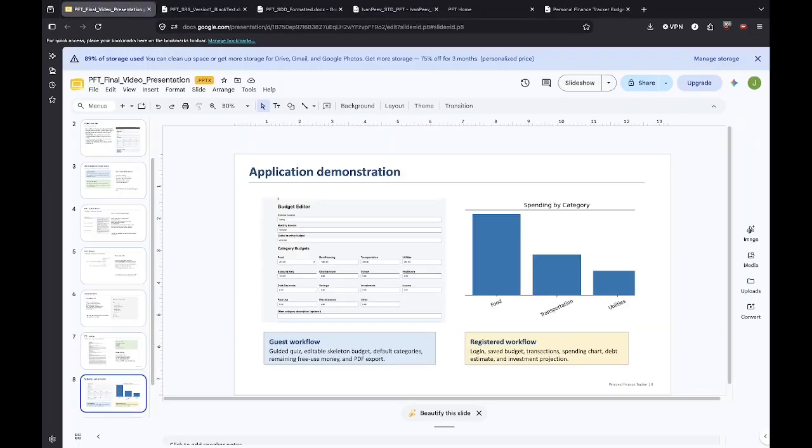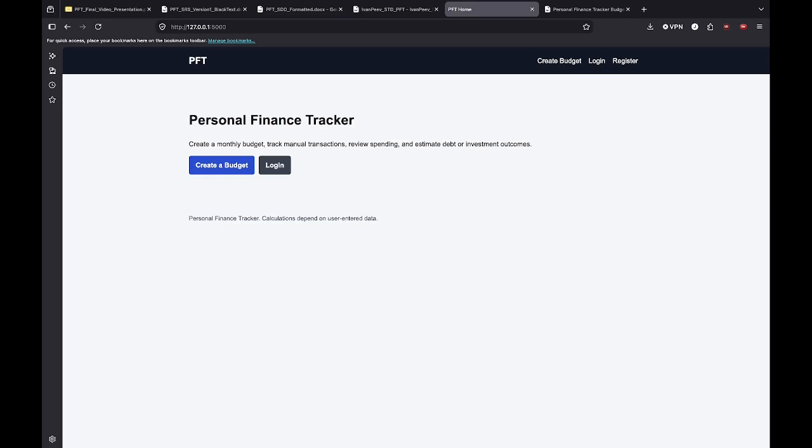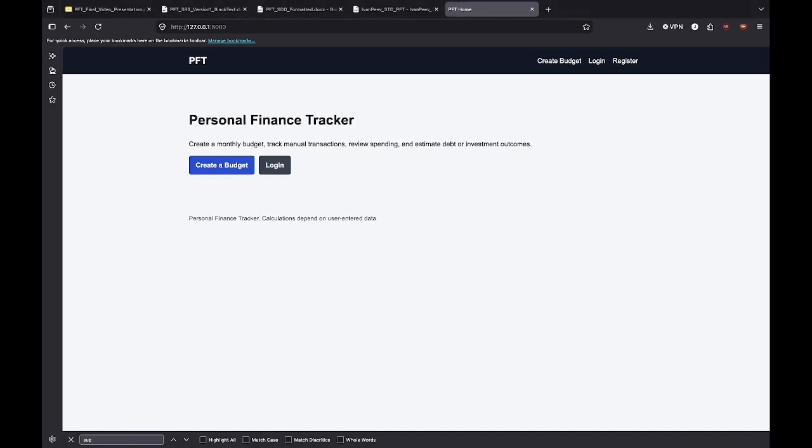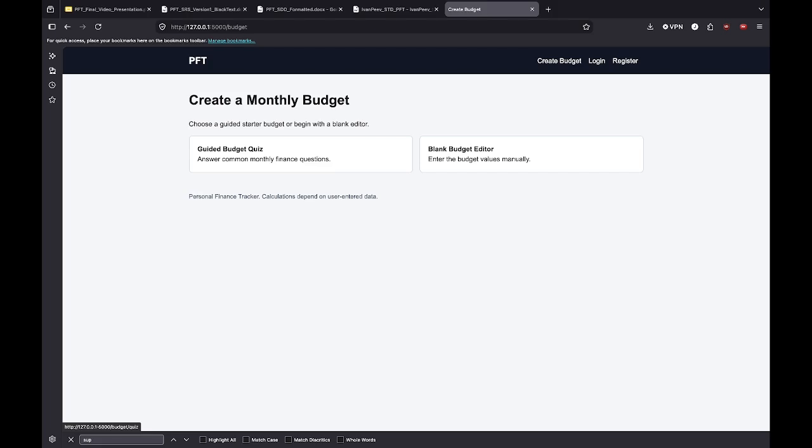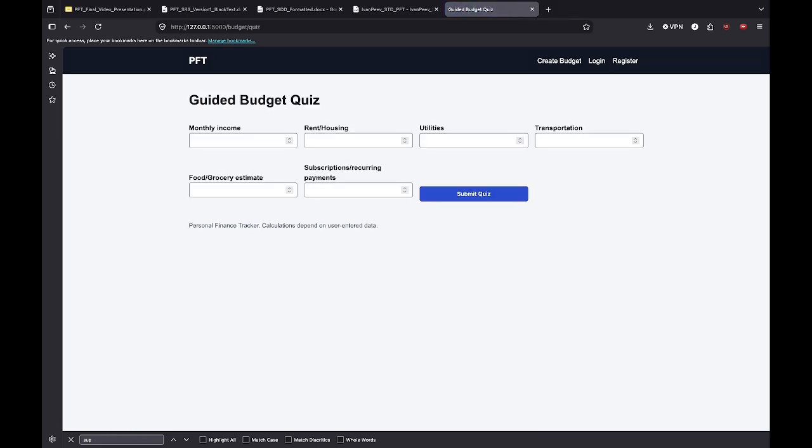Now we have the actual application demonstration. I will demonstrate the main gas and register workflows in completion. Let's head over to the application. So this is the home page. Let's create a budget as a guest using the guided budget quiz, which presents us a bunch of default fields